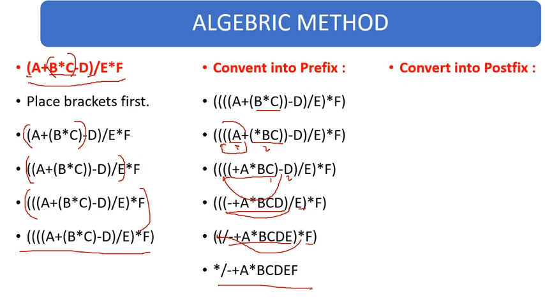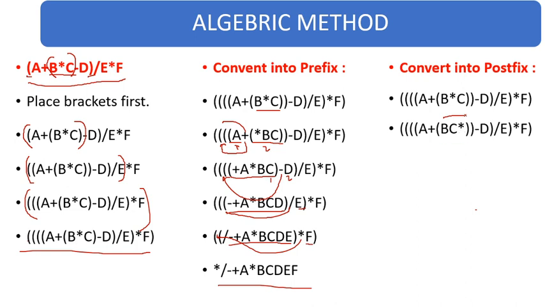Now convert it into a postfix. This is our question. Now again we know that we have b plus c, and we can write b plus c as bc plus as a postfix expression. Okay, so it will be done. Now this is operand 1, this is operand 2, this is the operator that will go at the last. It will be like that.